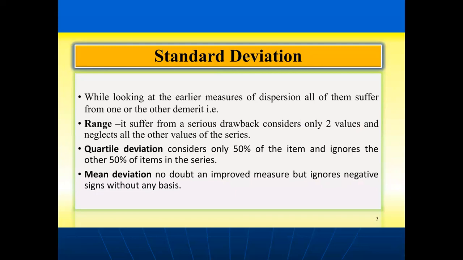Whereas in case of mean deviation, it ignores the negative signs. Suppose there are any values with negative signs, it considers that to be a positive number, thereby ignoring the negative values. Therefore, these measures of dispersion, range, quartile deviation and mean deviation, are not appropriate measures of